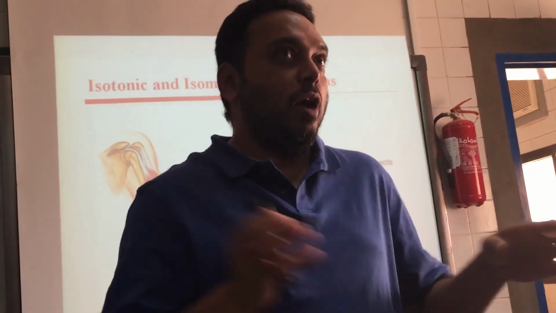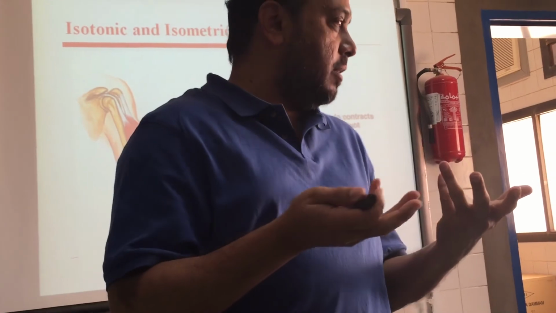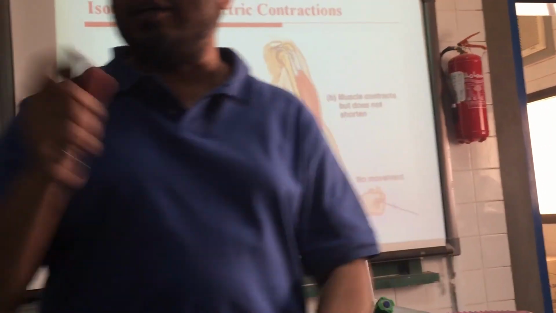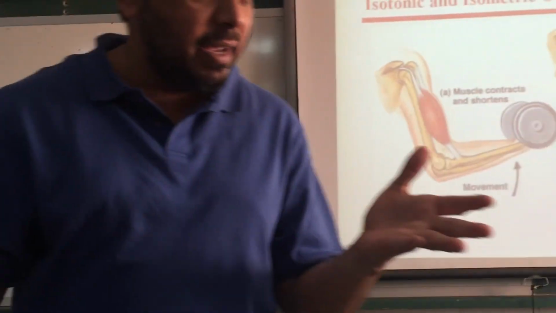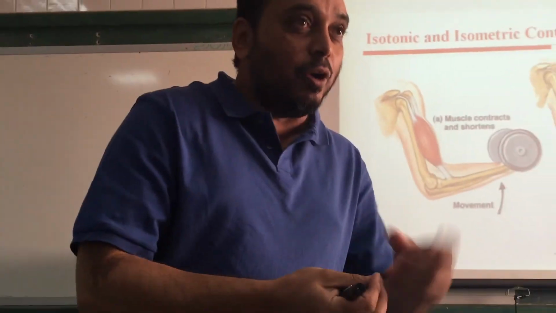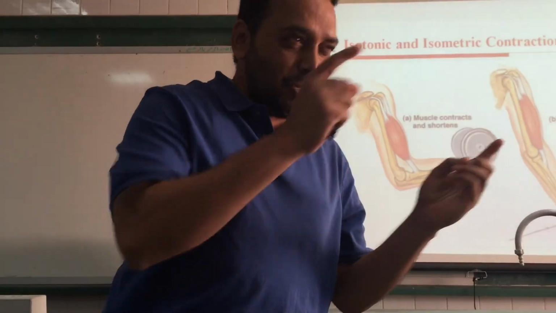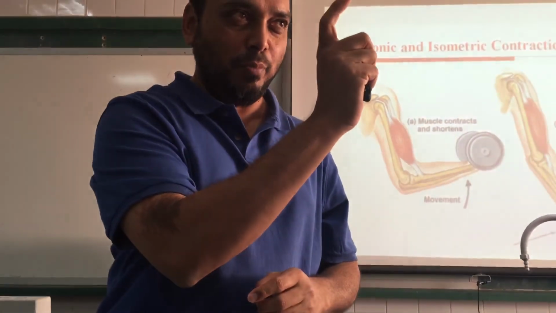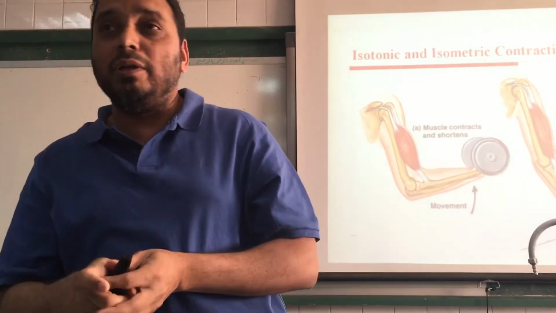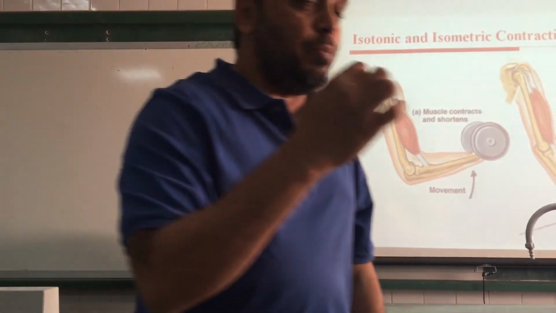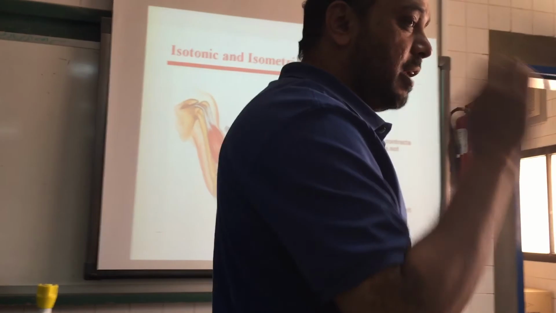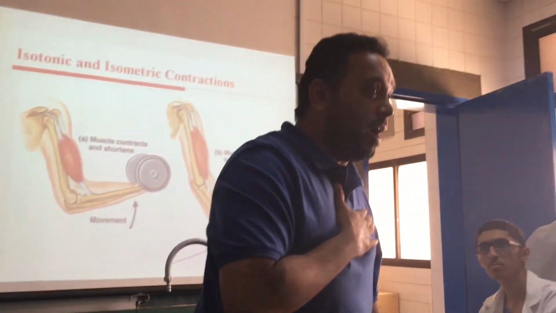So don't be confused about how it is contracting and there is no change in length. The confusing point in these two types of contractions is that we say the muscle is contracting without change in length. You understand my point? Because in our mind, when the muscle is contracting, it has to change the length. This is very important to understand because when you come to the cardiovascular system, the working of the heart,